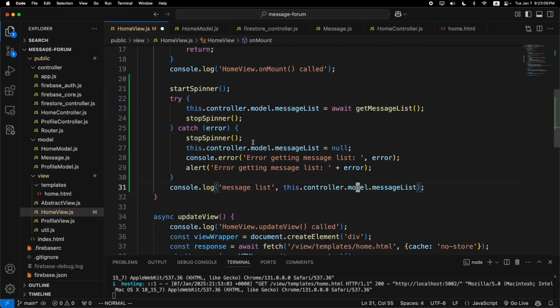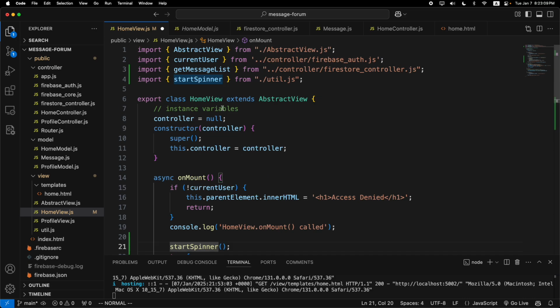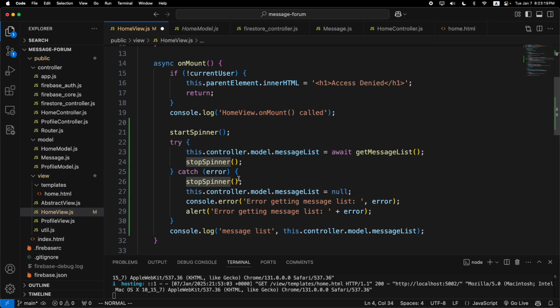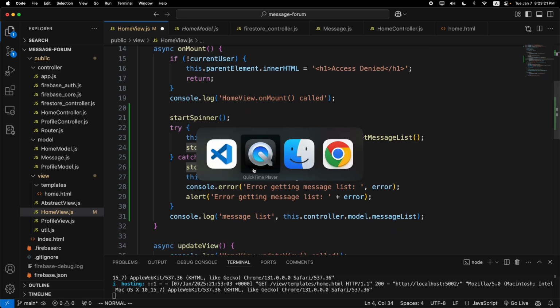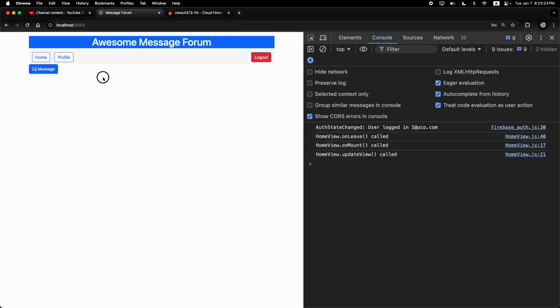Let's see. Oh, start and stop spinner. Start spinner is automatically imported as always. I find that stop spinner is not automatically imported, so we need to edit that. Let's see how this works. So go